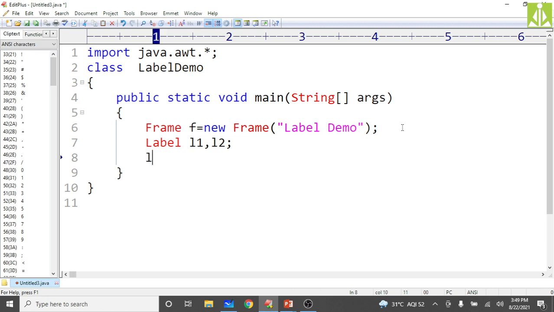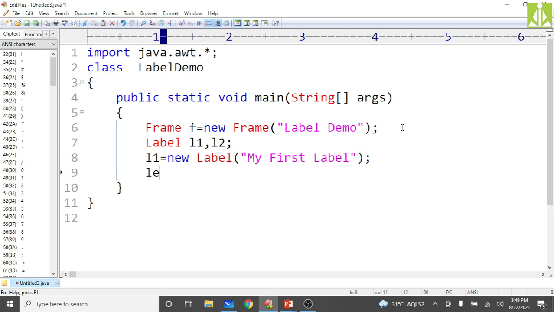Then label 1 is equals to new label of. Here whatever message you want to print on the GUI environment, on that frame, you can give over here. My first label, a simple message I have given.